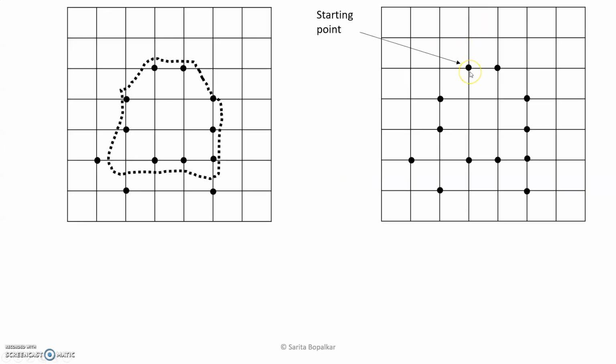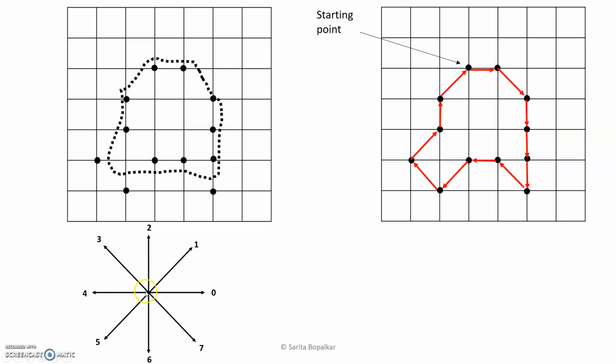Now we'll start here. So these are the directions. These directions we are representing by numerical numbers, and the numerical numbers we are considering from the 8 connectivity. So instead of considering the original district boundary points, we assigned the grid points to these boundary points so that our length of the chain code will be reduced, and we can avoid the noise also. How we can avoid the noise, we'll see later.